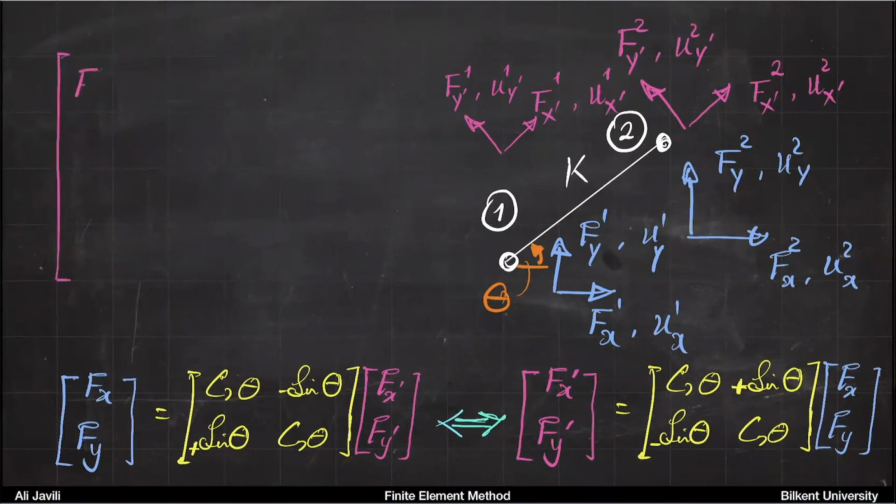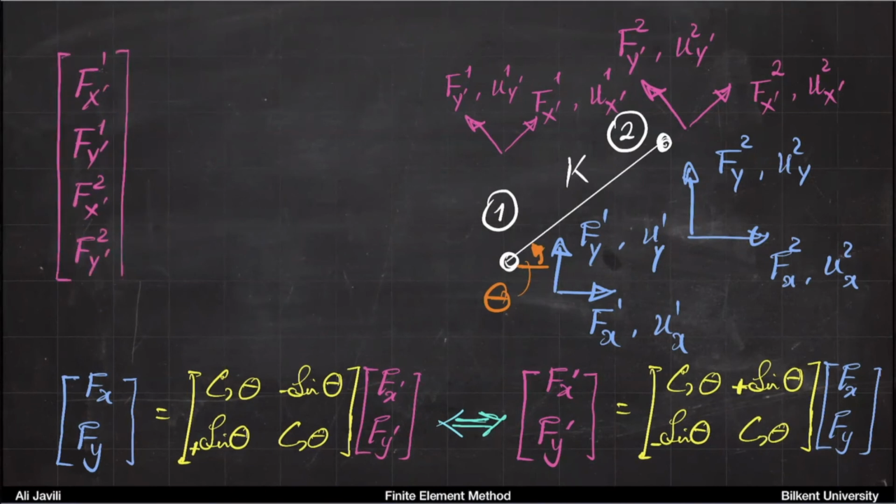So it's going to be like this: F1 x prime, F1 y prime, F2 x prime, F2 y prime equals,